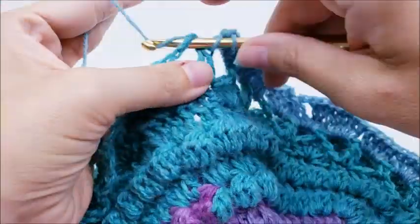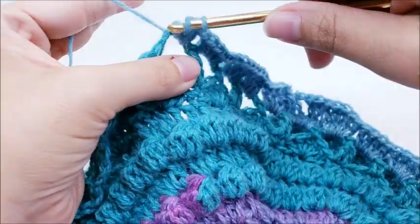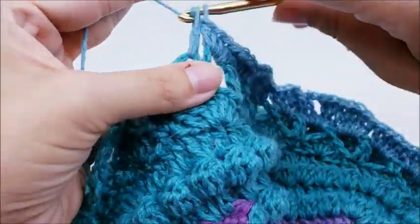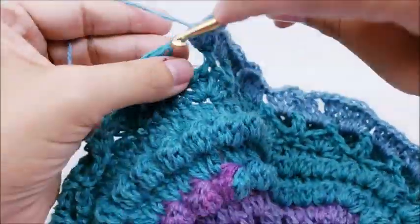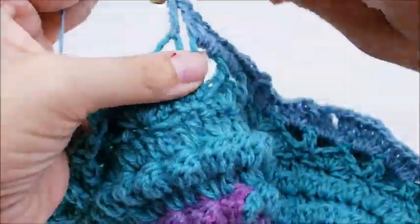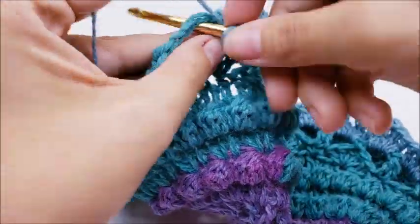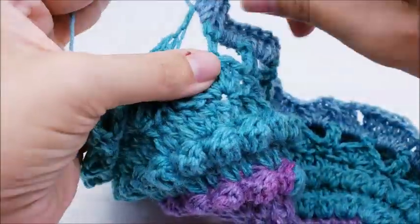Four in that one, 4 into the next, four doubles in each of the next 2 chain spaces, four in that one, 4 into the next, and then we want to put 2 into the next chain space, 2 doubles, and then 2 triples,